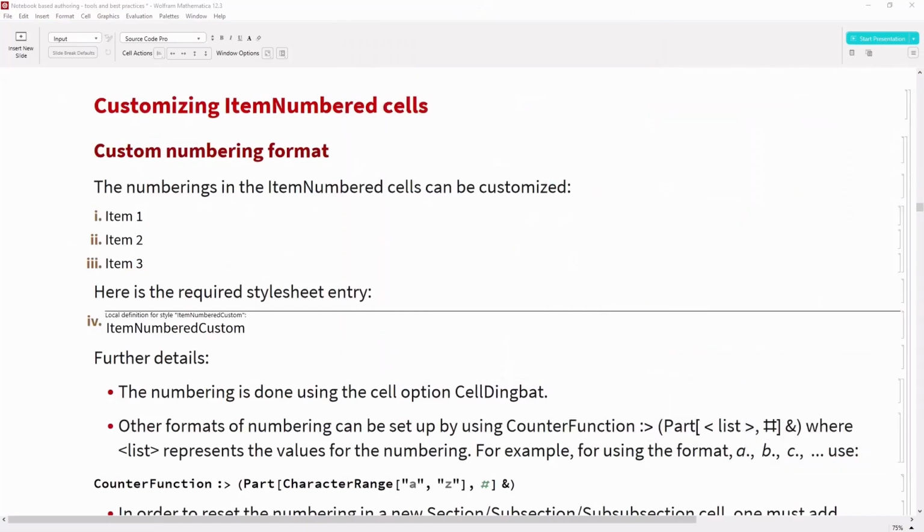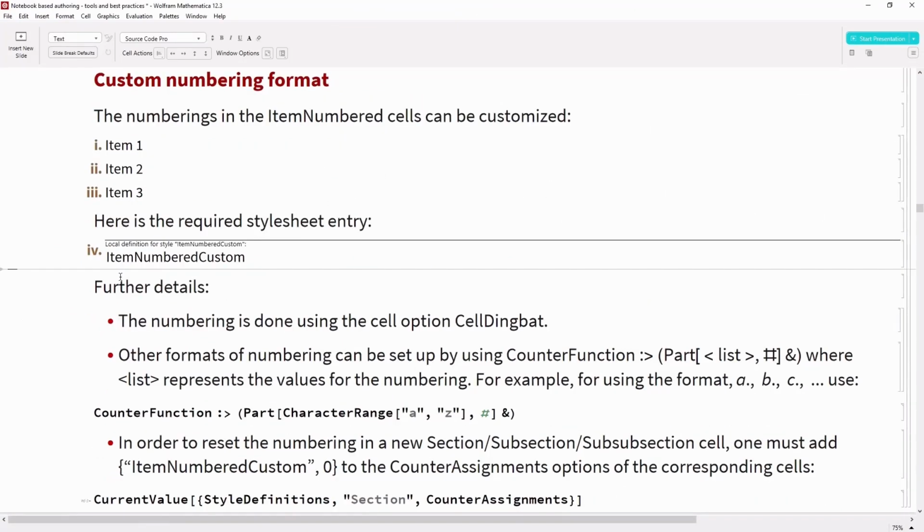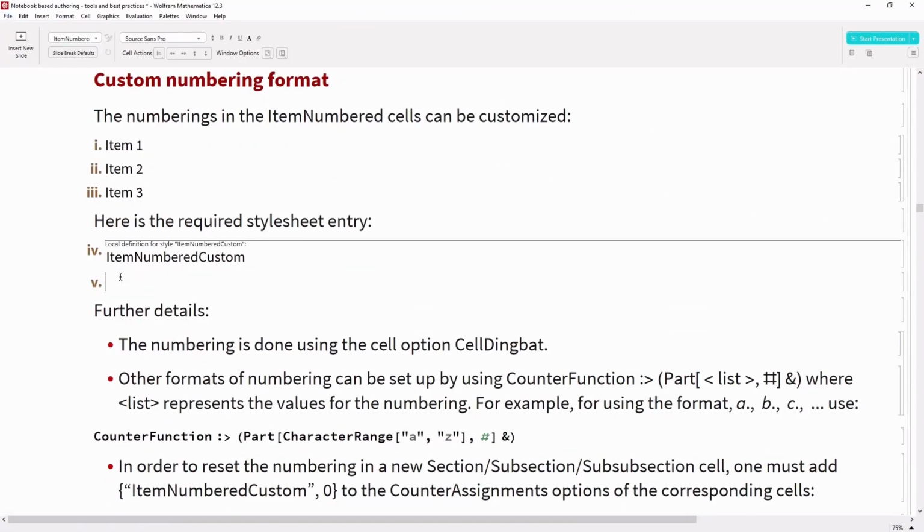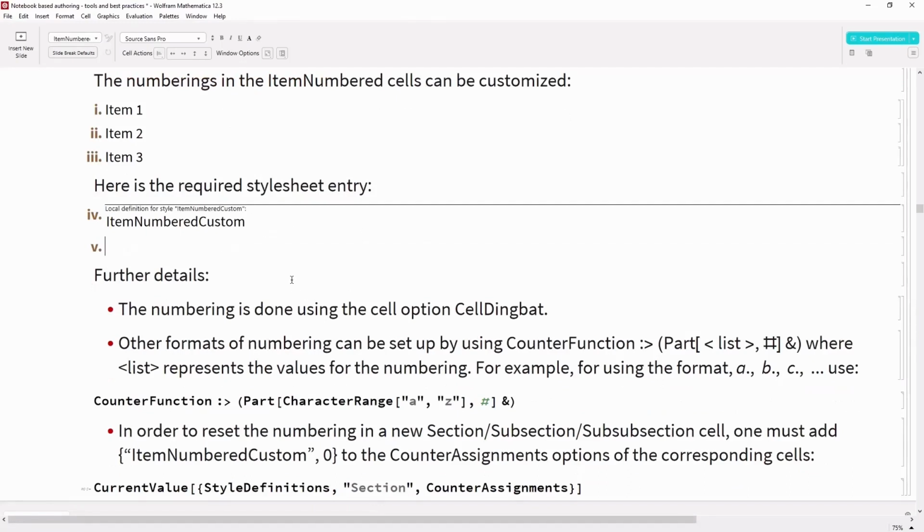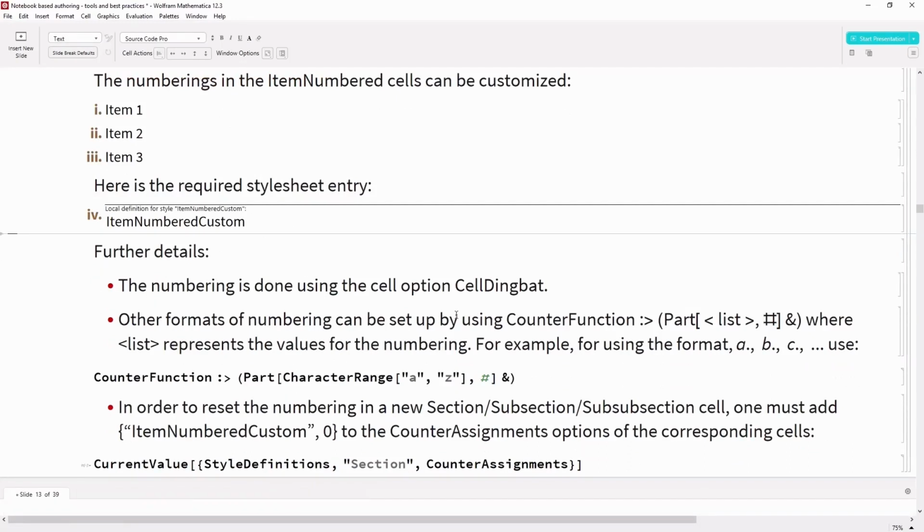Let me show. As I hit Alt C, you can see that it creates a new dingbat, and I have made use of a counter function to assign the cell dingbat. Not only a Roman numeral function, you can create your own counter function.